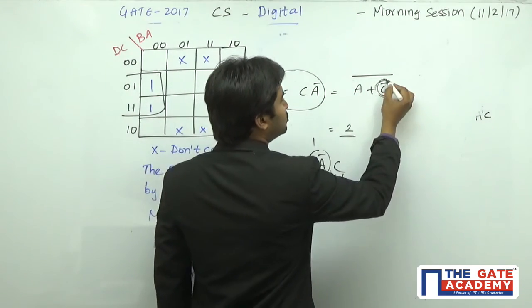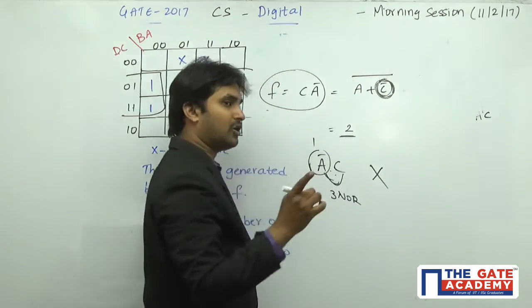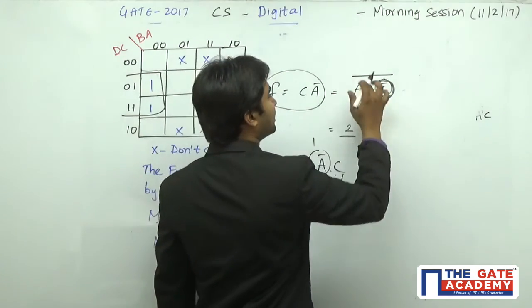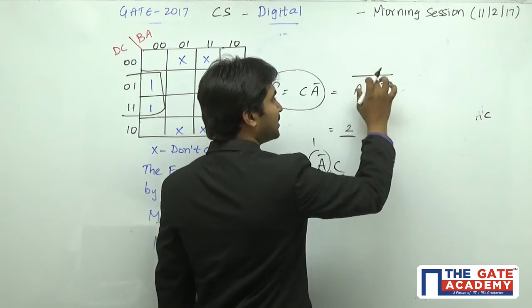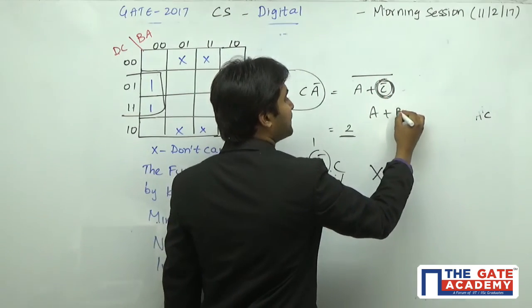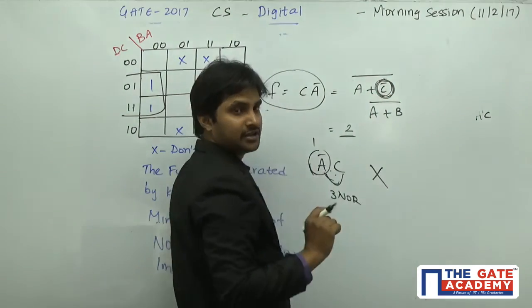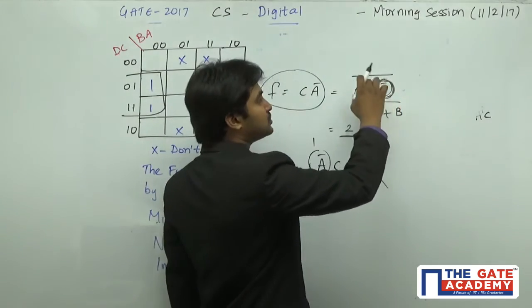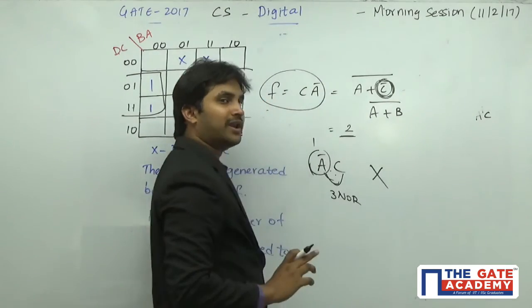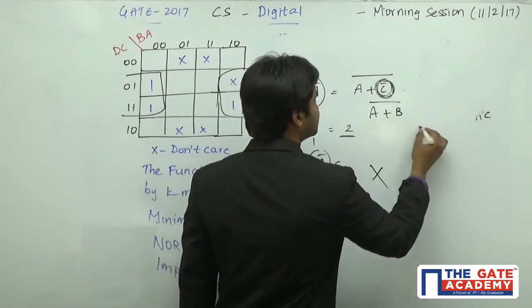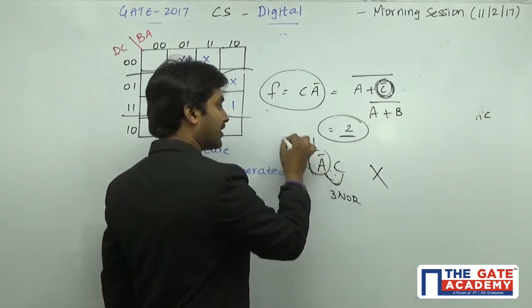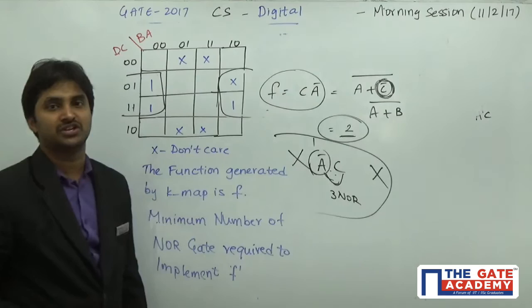To represent c bar, 1 NOR gate is required, and to represent (a plus c bar) whole bar, see, (a plus b) whole bar is nothing but a NOR gate. Already I have c bar available, so it requires only 1 extra NOR gate. So the total number of NOR gates required is equal to 2. So the answer for this particular question is going to be equal to